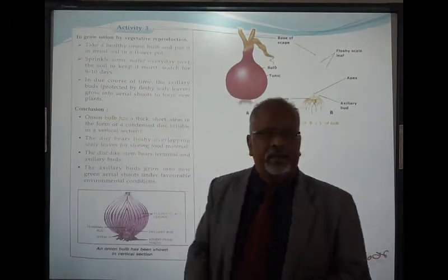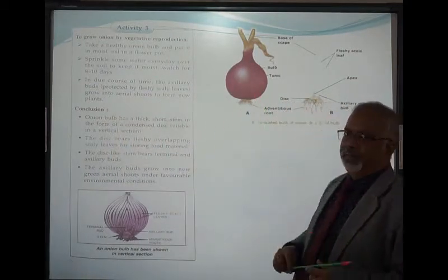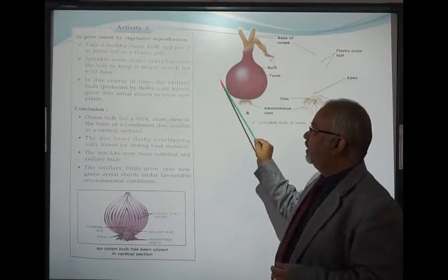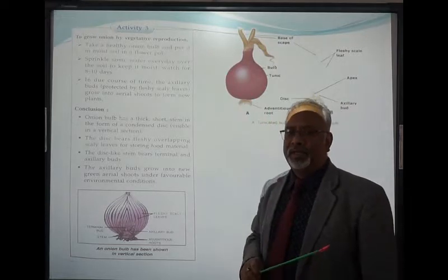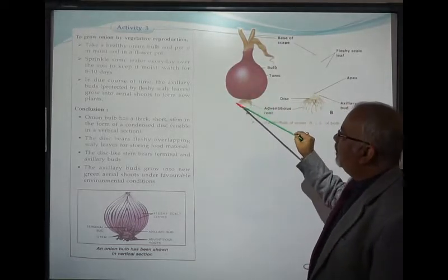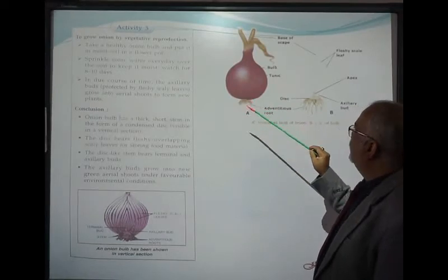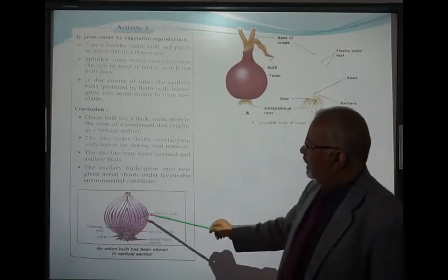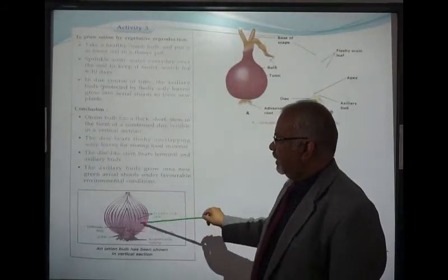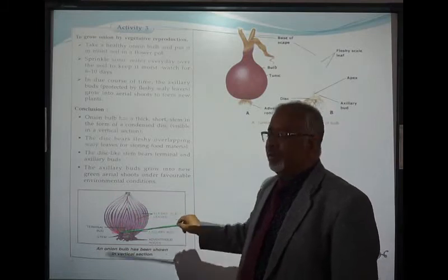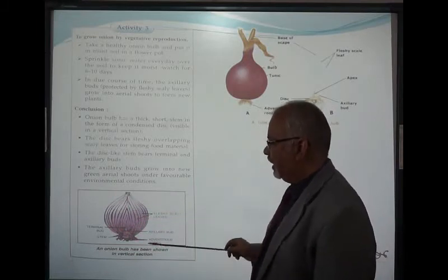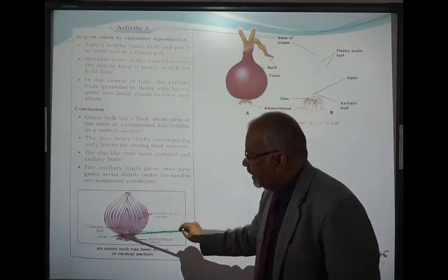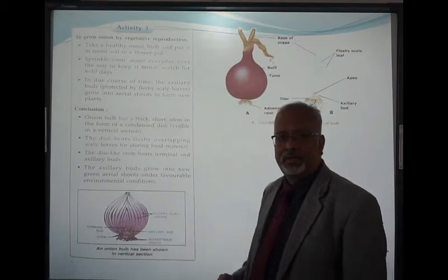Now this, we call onion a bulb. Those who think onion is a root, this portion, because it is underground, no, this is modified. Here you have the adventitious roots. Now here you cannot see, but here it is clear. Here if you see, these are the fleshy scaly leaves. Okay, if you cut the onion this way, then you will see this portion. Usually we don't use it.